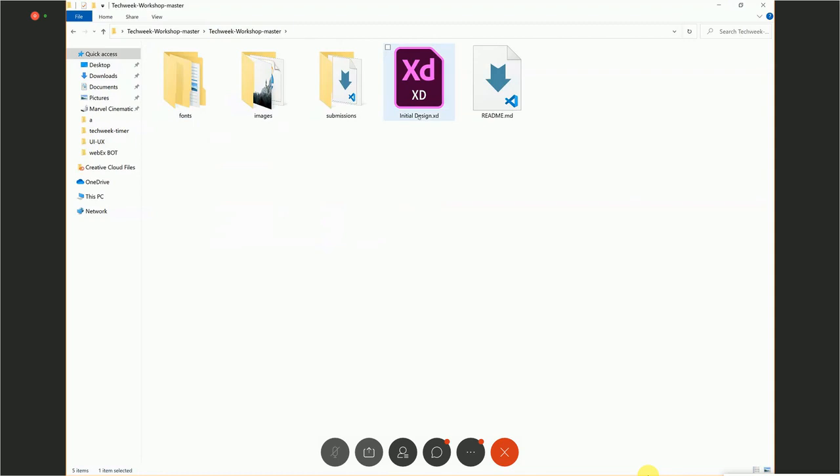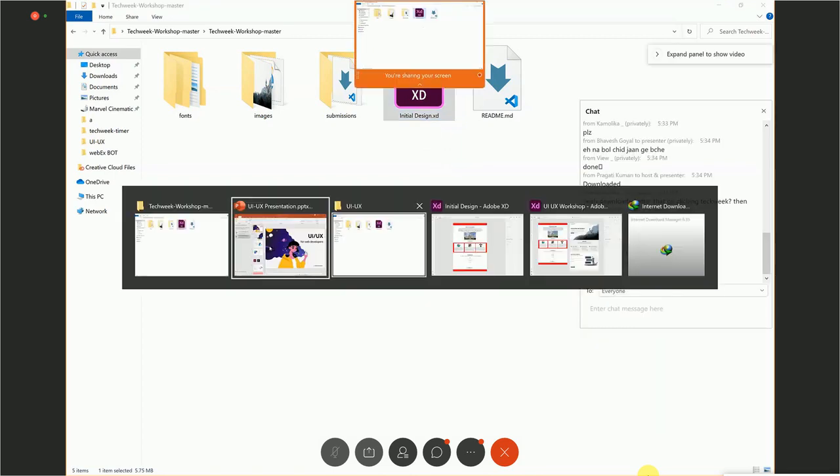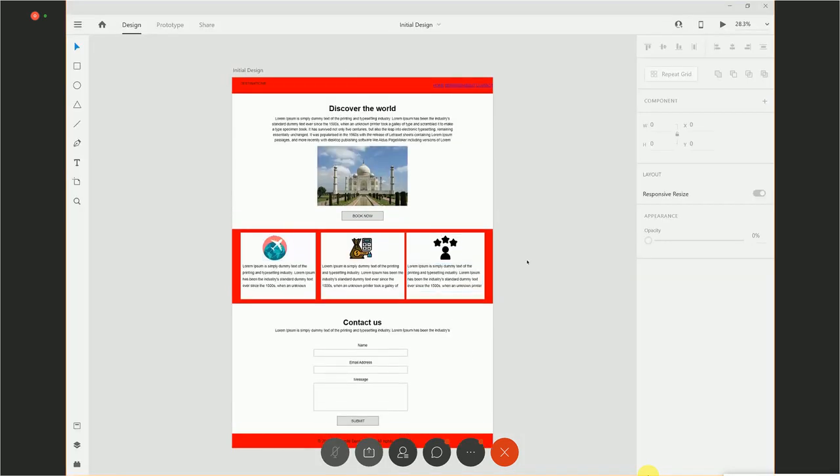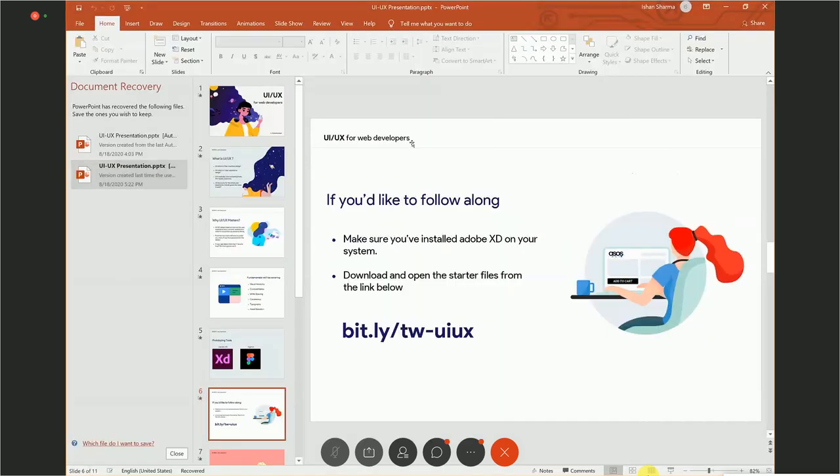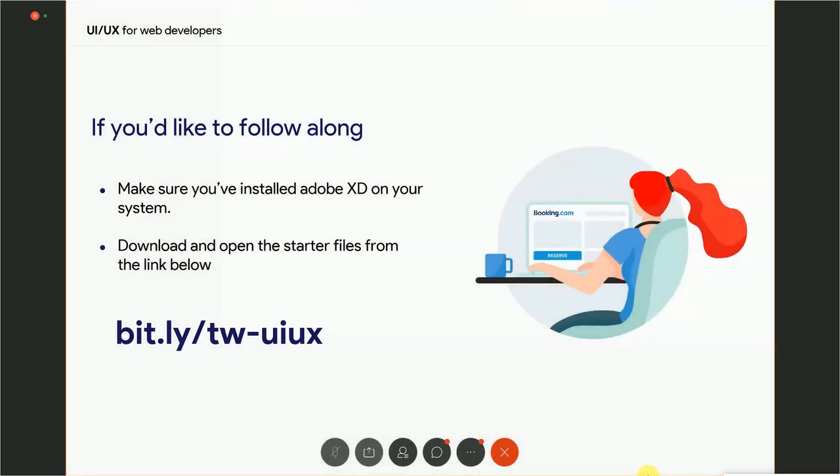So now let's finally open this initial design.xd file. You can just double click it to open it. No hard thing. I have already opened this one here. So once you open that, you will see something like this. Okay, you can follow those steps, and I will just continue with my presentation. Yeah. So once you're set up and done with all of that,